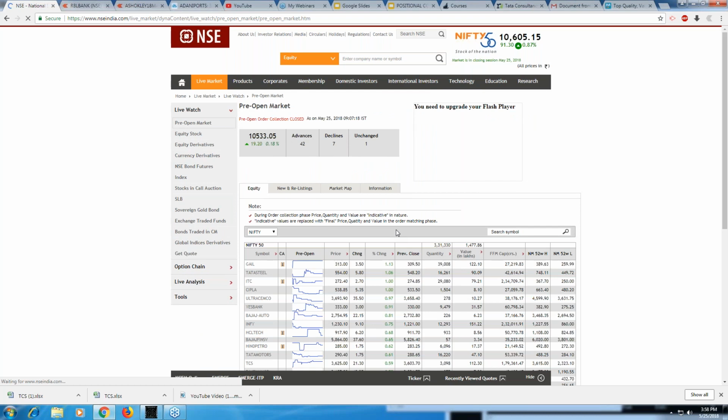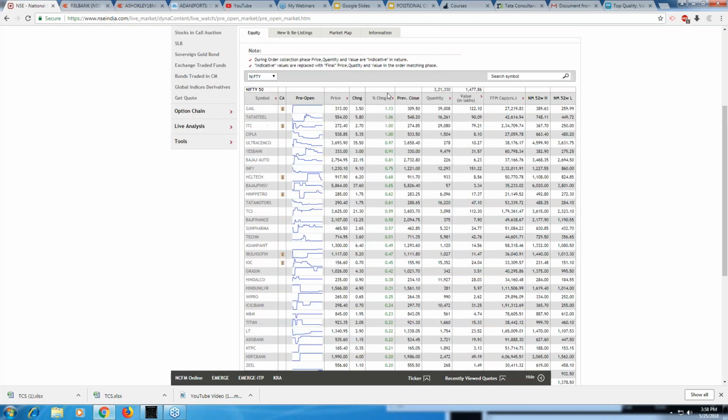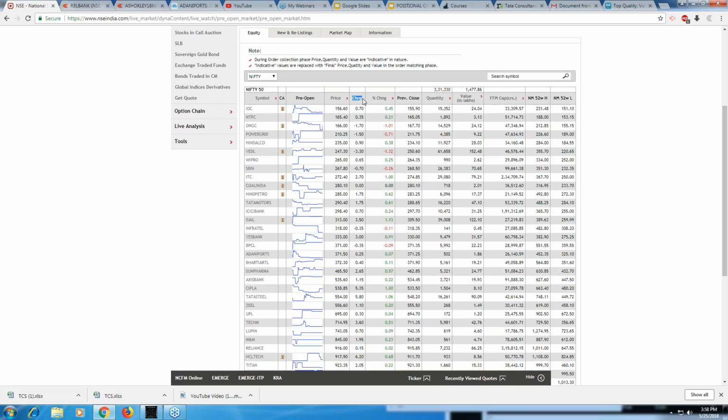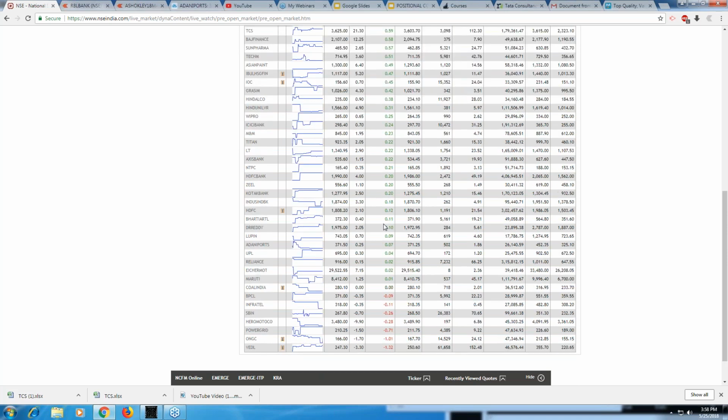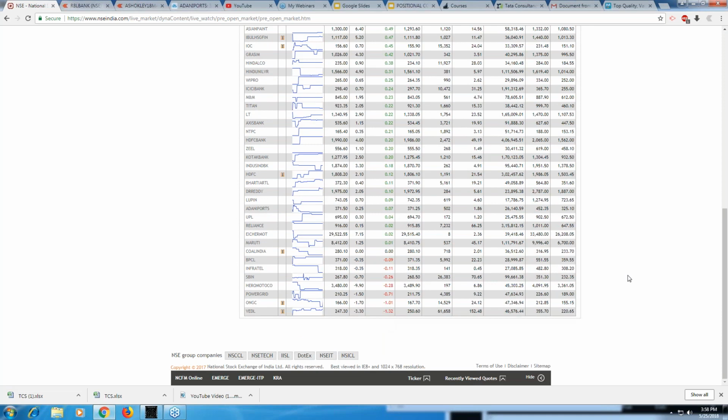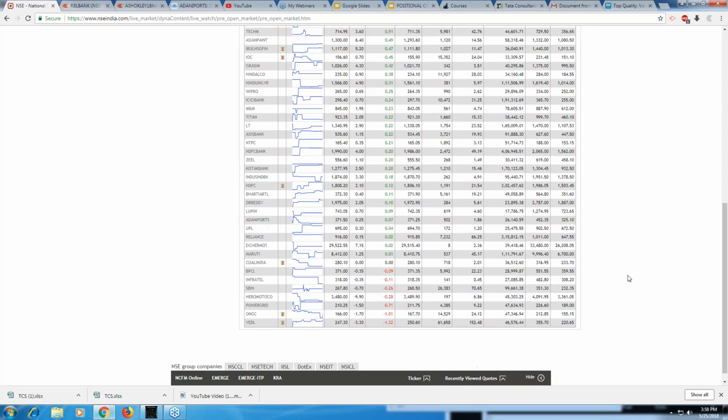Before the market opens, you can see which company has the highest open interest, or which has the highest change. So see here, GAIL, Tata Steel, ITC, all these were positive and the negatives were VDL, etc. Okay, you can also look into